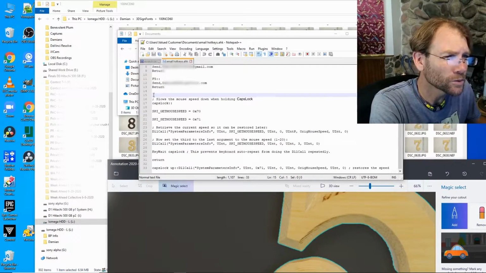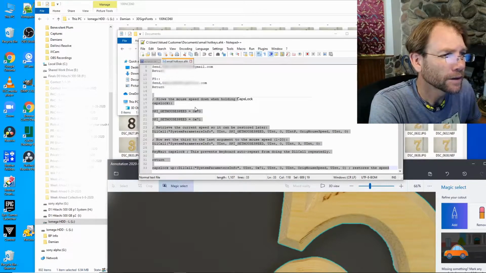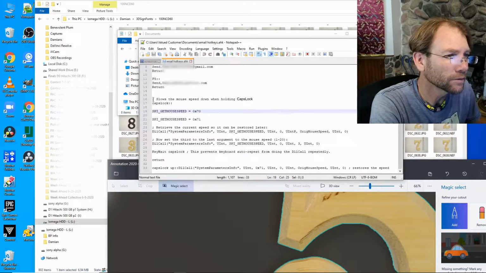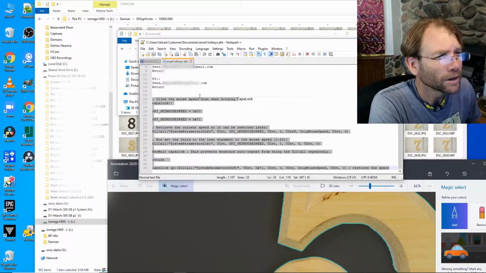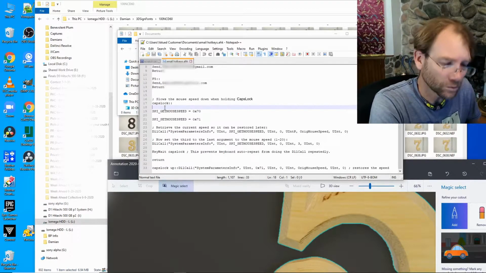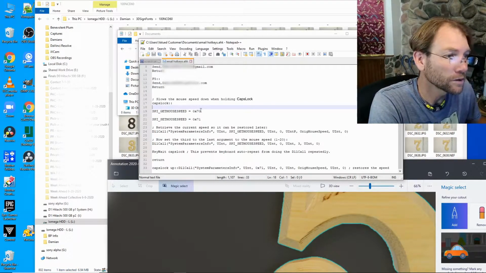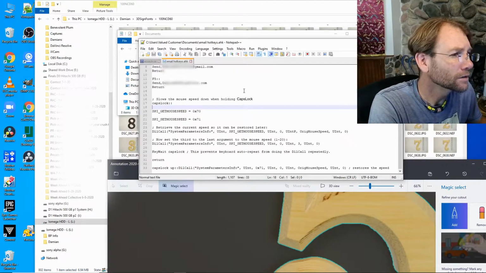But this is what I've learned more recently, this little bit of code that I'll put in the links below, or the description below. What this does is when you press caps lock, it will slow the mouse down. Here I'm moving it at kind of a constant speed, and here it is when I'm pressing caps lock, and then here when I release it. So that's the idea, to make it so that it slows the mouse down